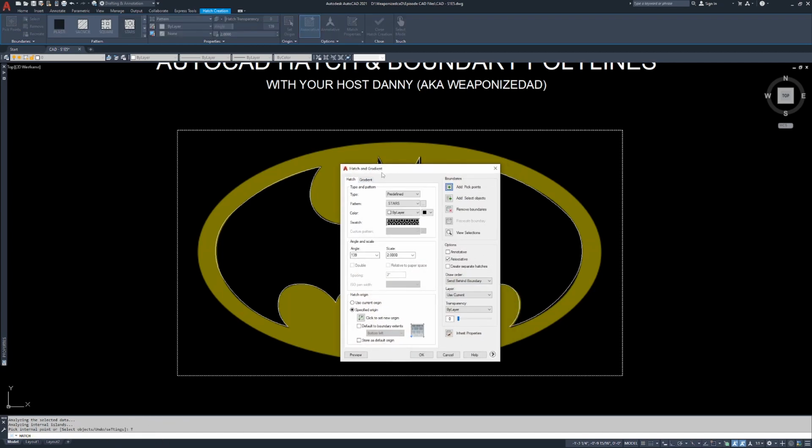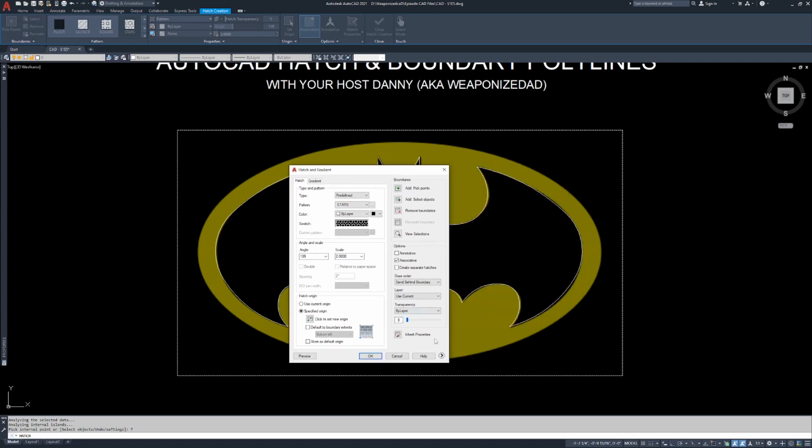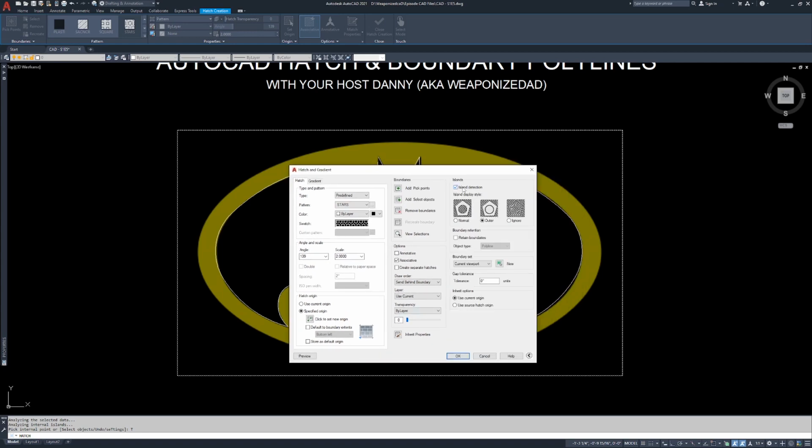The Settings brings up the Hatch and Gradient command menu. What we have in here is the ability to set island detection, and it actually shows you the display style. So normal island detection, it's going to hatch outside of this object. Outer island detection, it's going to hatch all the way outside this object. And ignore means that it's going to ignore any islands on the inside. Now, what's important here,